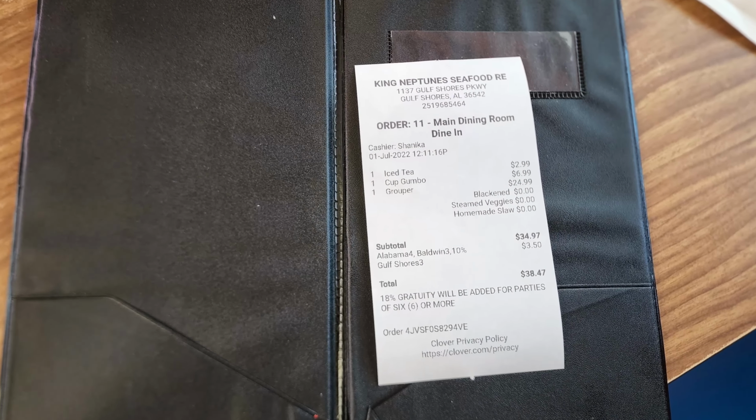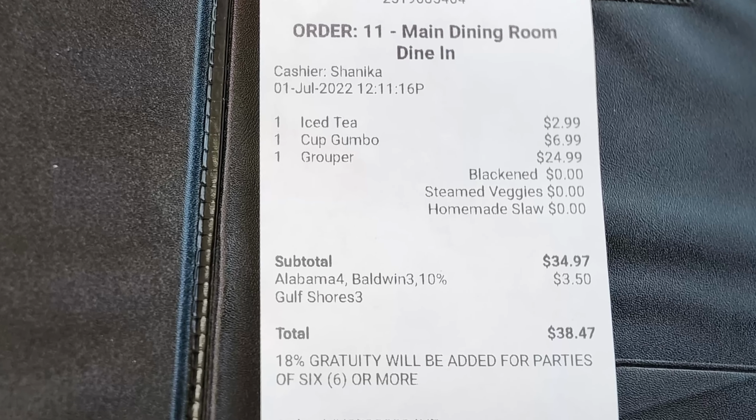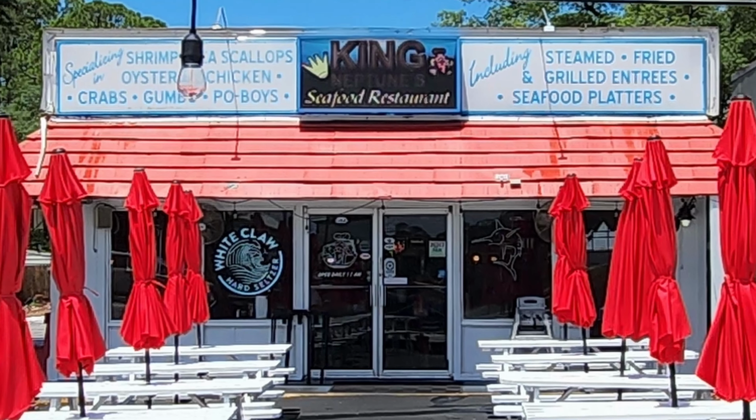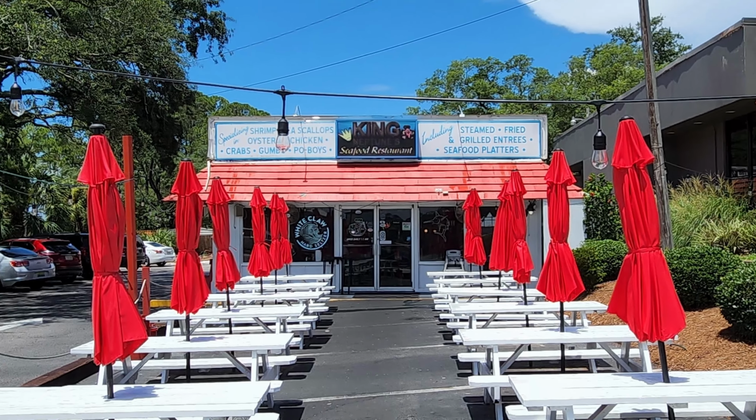So the bill arrived, and the total before tip was $38.47. So thanks so much to everybody at King Neptune Seafood Restaurant,